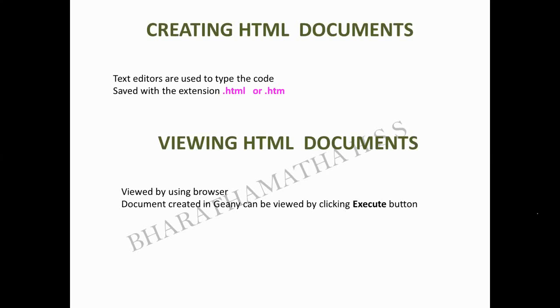After saving it, you know the path where it is saved. Path where it is saved means the location where it is saved. After going there, if it is in Windows, you have to look for the location and double click on it, and automatically that file will be executed. If it is in Ubuntu, in the Genie editor, if you just click on the execute button, that is more than enough. Automatically it will be executed. That is, the browser will be automatically opened for you.